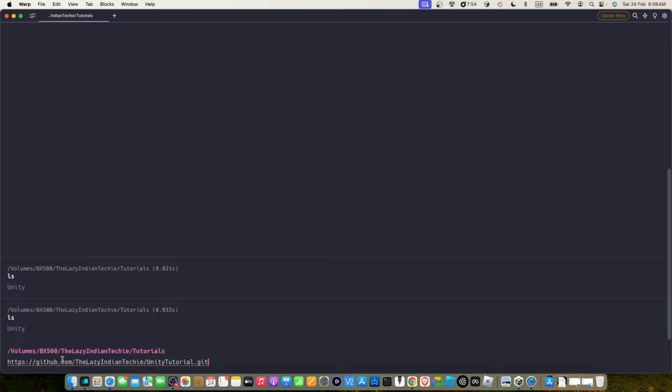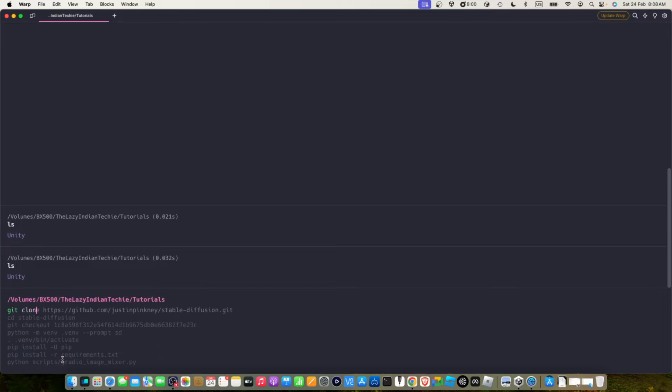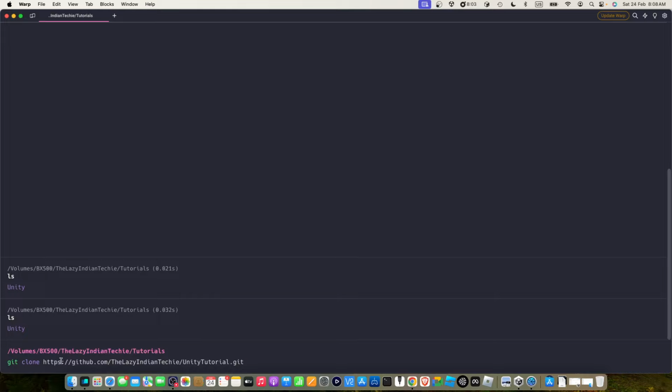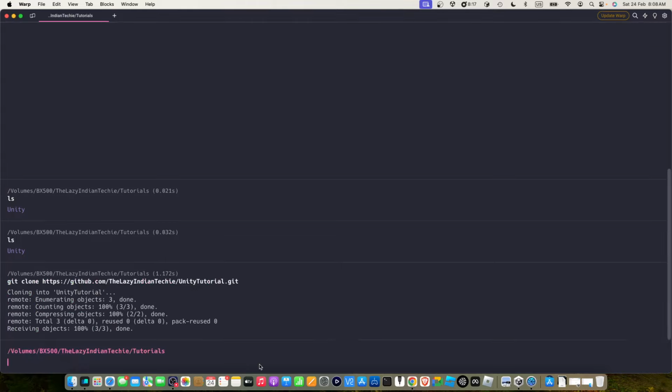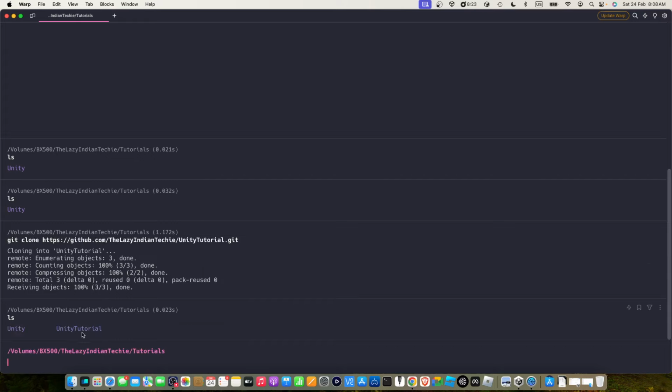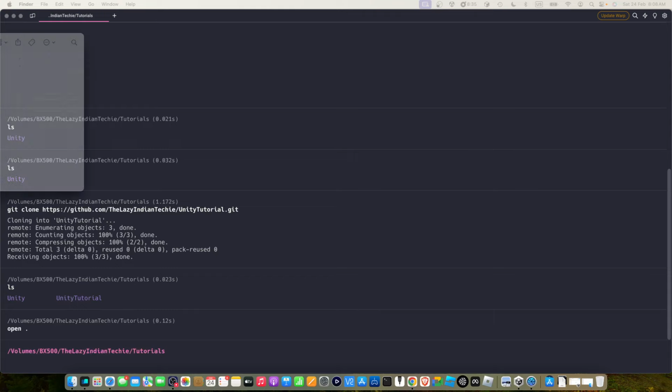I'm going to paste this, and you see there is a simple URL there, right? So what we're going to do is say git clone and this URL, right? So this is your origin or remote URL which gets set up here. Now you would do this cloning outside of your project folder. Okay, I will show you how this is done. So I'm going to go ahead and hit git clone, and you see that quickly what it's done is, if I type ls here, you see that it's created a repo with the exact same name that we have on our GitHub. Let's just open this up in Finder, and if you see here,